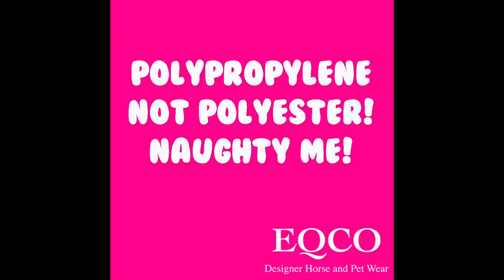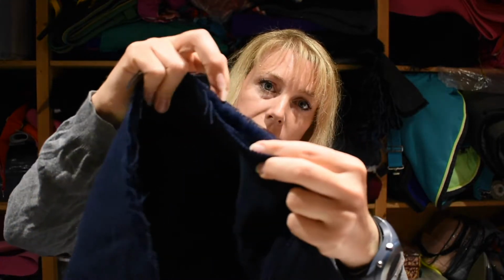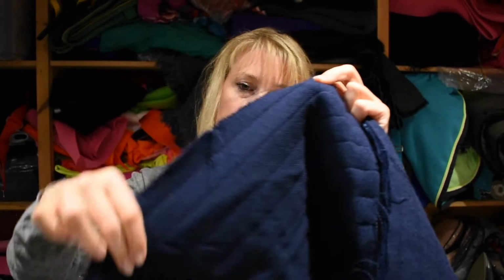So it's a 3-layer fabric with a polyester sandwich layer in the middle. That's the one that does the wicking and insulating job. So that's really thick. If you coupled this with any of the waterproof outers, then you're going to be really keeping your horse toasty. So depending on what clip you have, what level of activity you're doing with your horse,